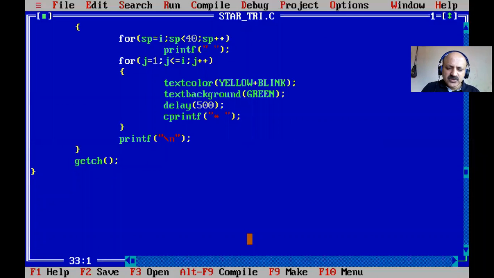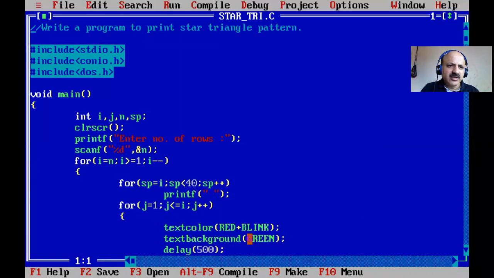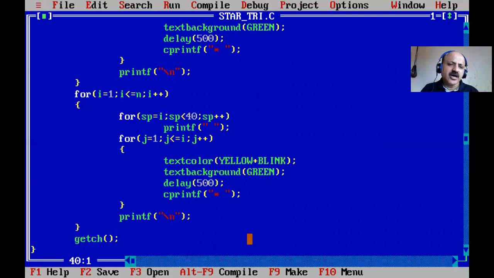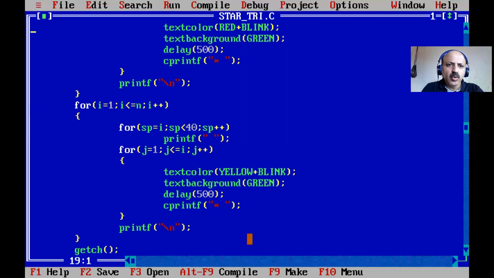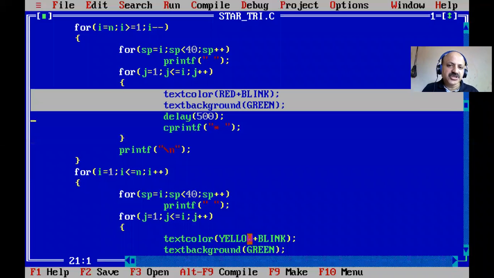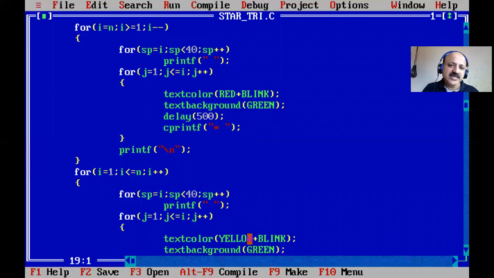Okay, so I think you can enjoy an important simple triangle to so many six patterns, and then after we can do seven patterns as a timer shape of star sign, providing the text color, background color, delay function, and C printf. So here you can learn four different types of function and also blink color as a blink.